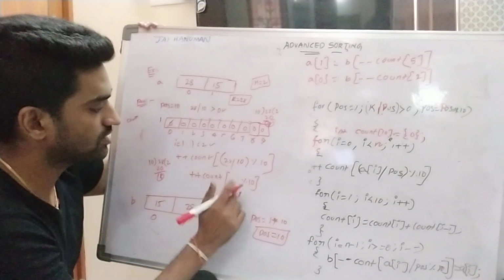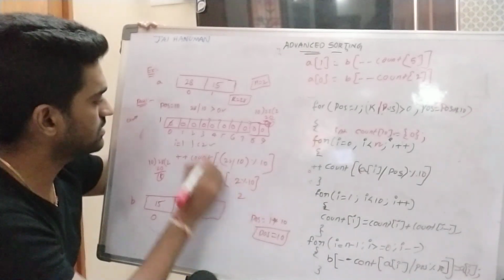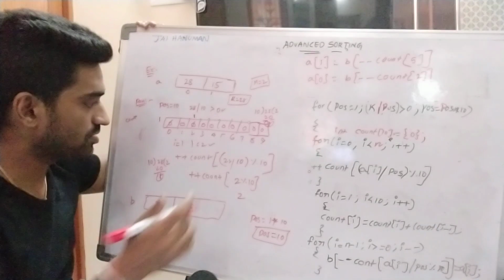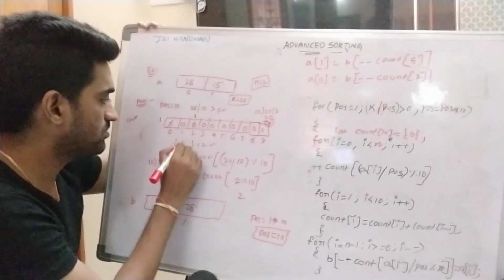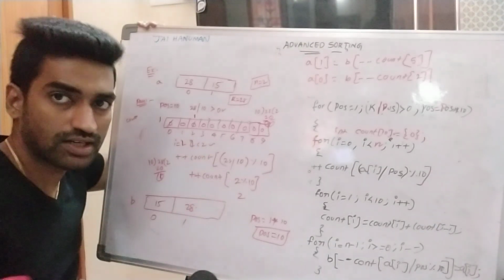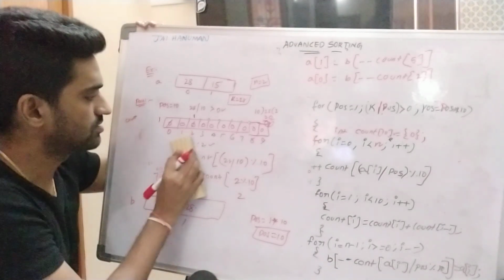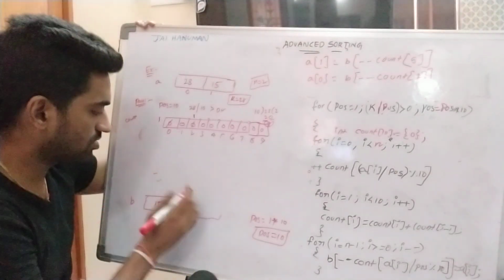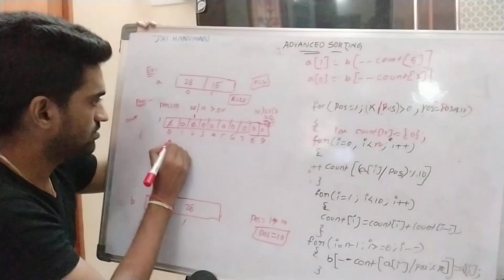So 2 modular division of 10, so go to the second index, incremented by 1. Right? So after completion of this one, i is incremented by 1. So 2 less than or equal to 2, the condition is failure. We can stop the process. So the updated count array is this one.